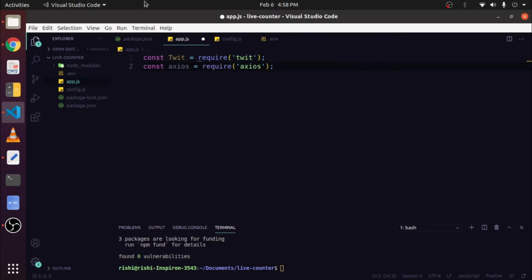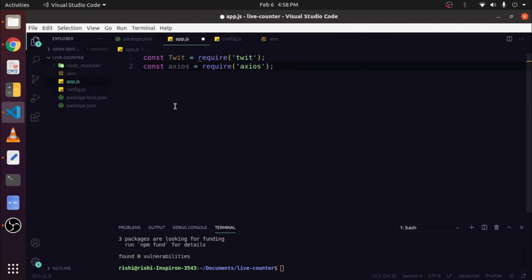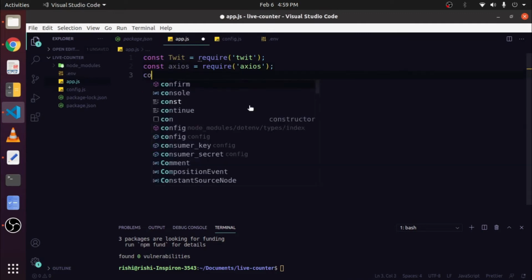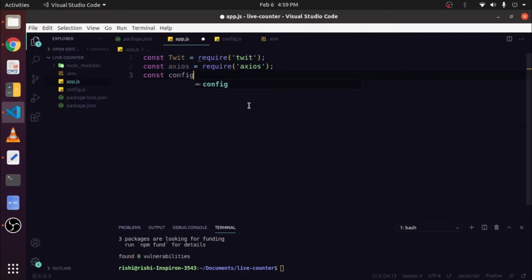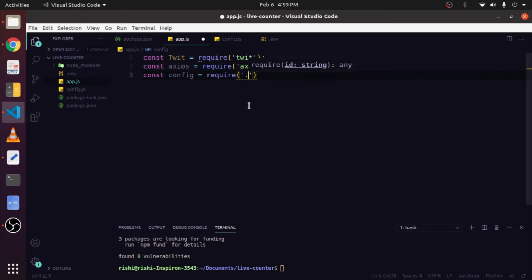And the third thing is we need to import this object over here. So to require it, type const config and then type require, and inside this type your file path like ./config to import the config file.